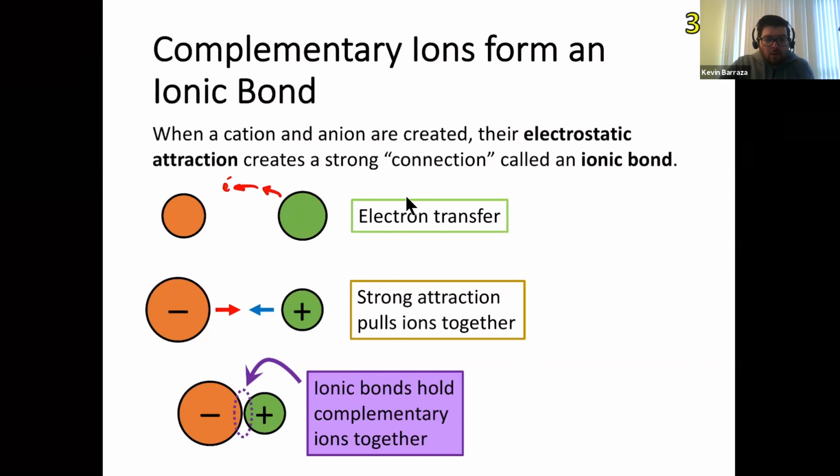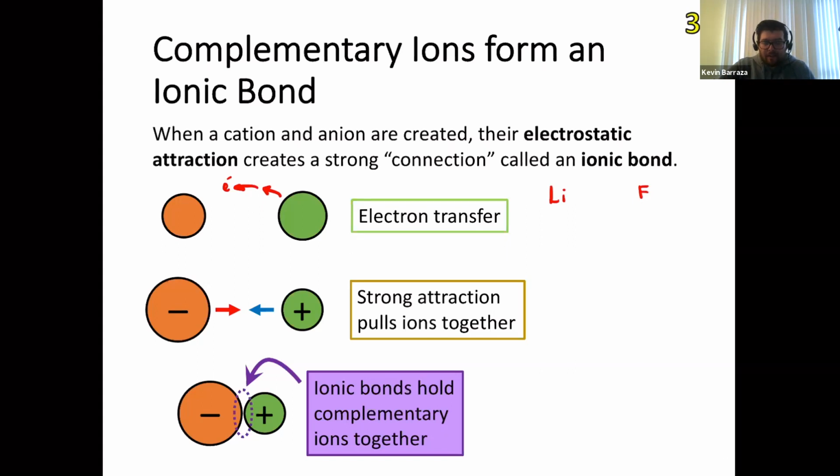So when this happens, the metal becomes happy because with less electrons, it's becoming like the noble gas neighbor it's closest to. Whereas the nonmetal is becoming like its nearest noble gas neighbor because it is gaining those electrons. So we can talk about this in terms of an example, and I go through an example in the pre-lecture videos. So something like lithium